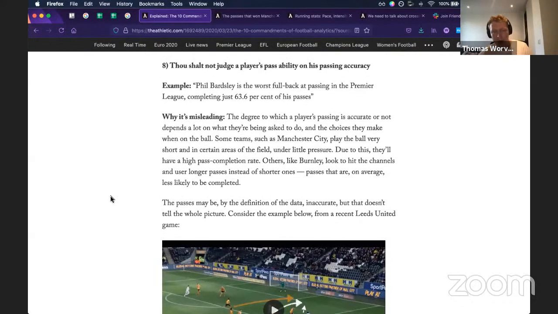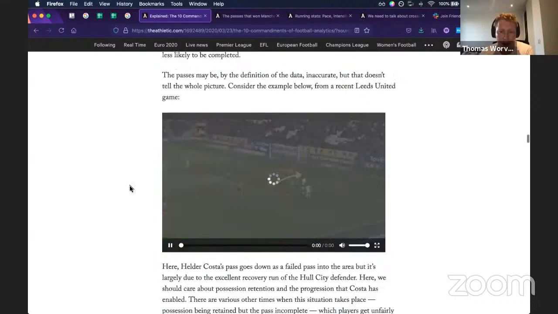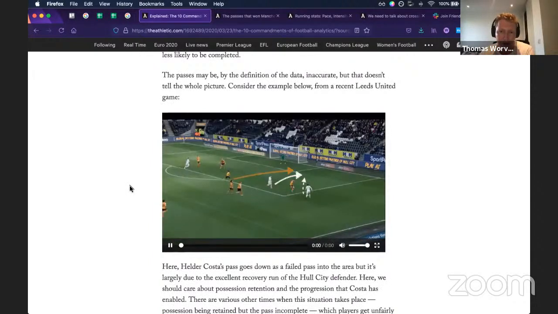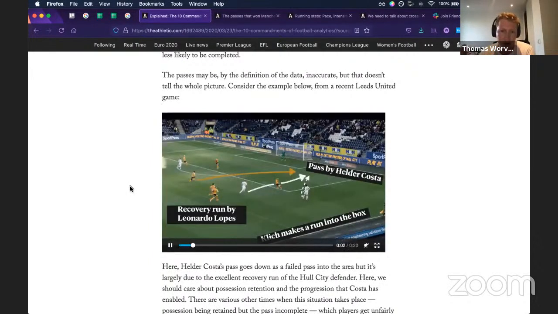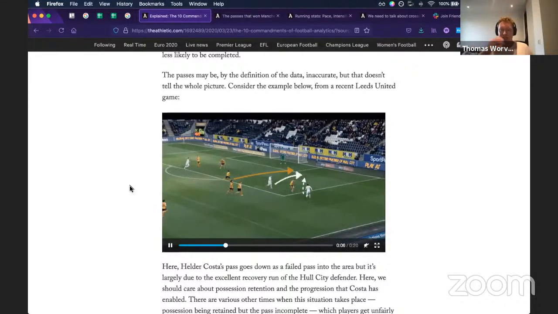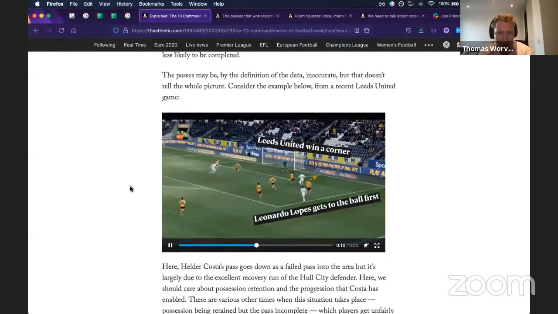The eighth one is passing accuracy. So, thou shalt not judge a player's passing ability on his passing accuracy. This was an interesting one again, because I got to make a nice looking, if it still works, video. Now, of course, we can't use video because of the rights issue, so we try and get around it with stills at times, but also, I tried a GIF and we didn't get sued or closed down,